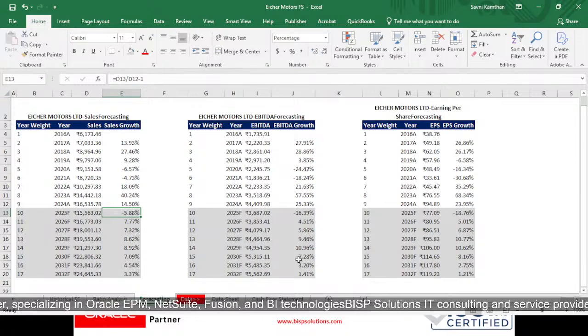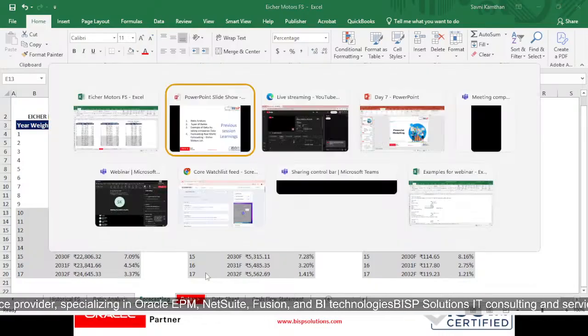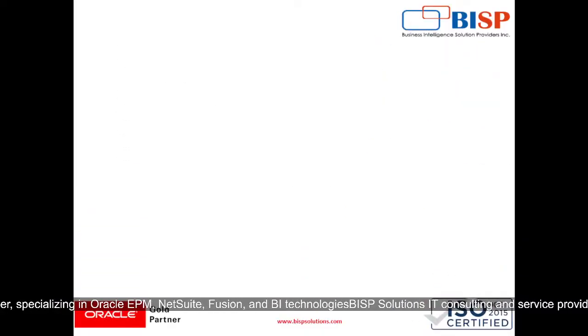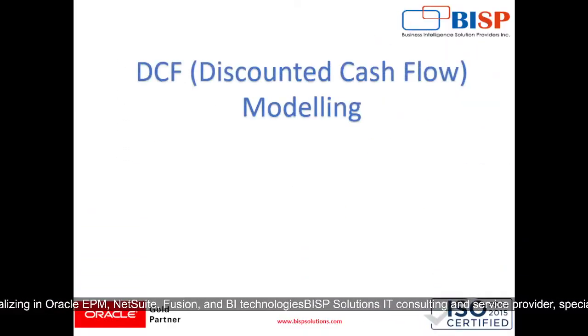Then EBITDA also we have estimated that it might increase from 16.39% if there is any issue regarding the depreciation or amortization, like that. Same thing will be with our earning per share. So now moving forward to our next topic, which is our DCF, discounted cash flow,